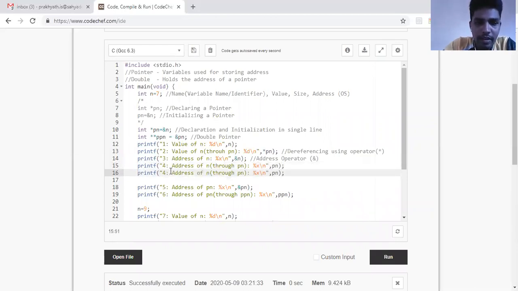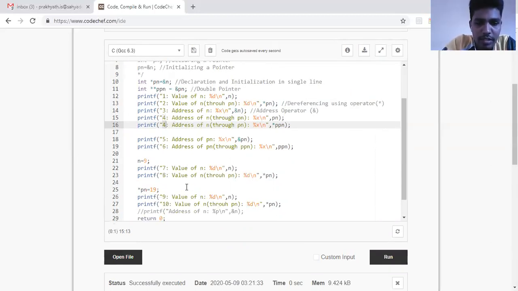Okay, I'll print here. It is ppn, and I'll be printing star. Okay, listen carefully, and this line I'll change it as, okay, the last line was 10, so I'll change it as 11.